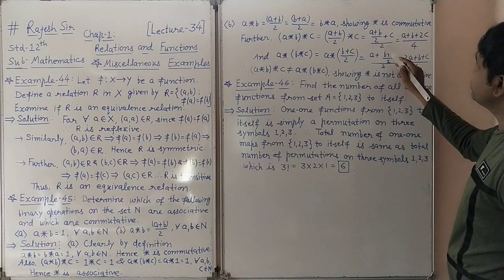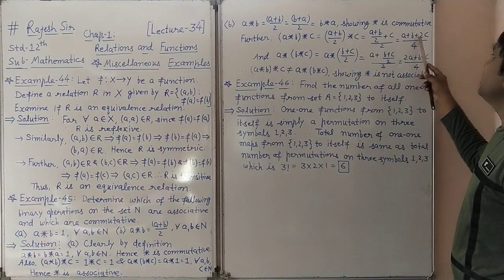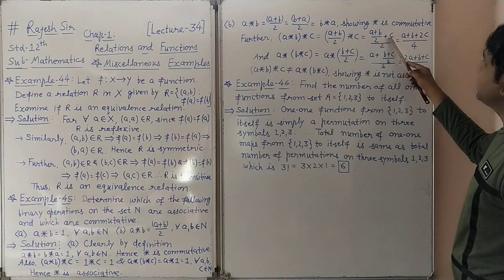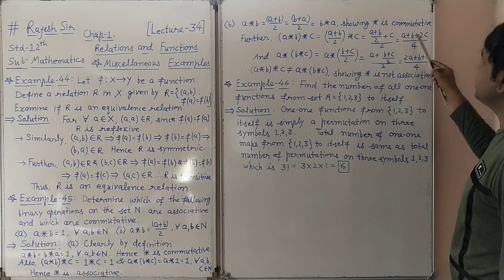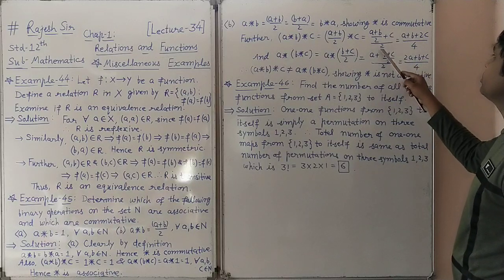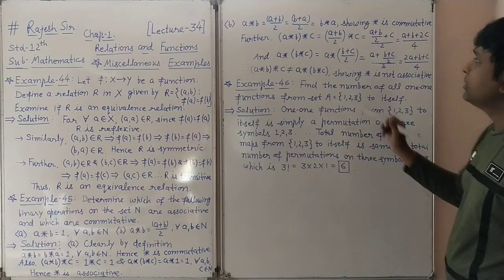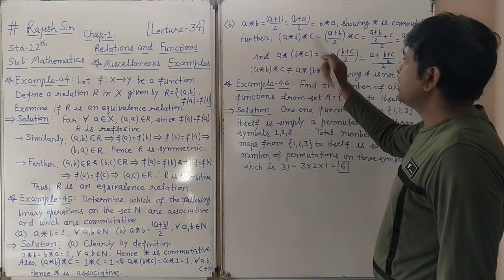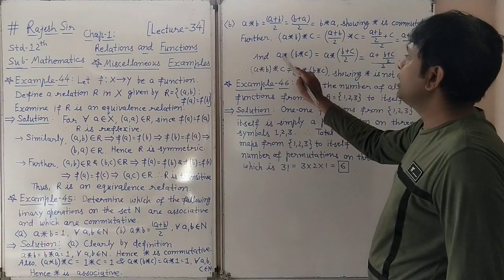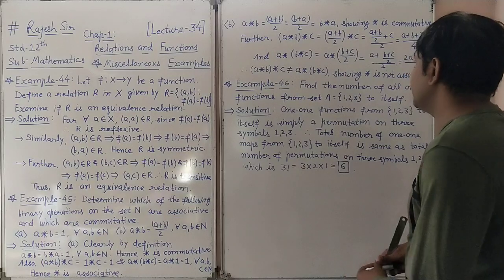This 2 and this 2 multiply, 2 twos are 4. And in addition, to A plus B, this 2 will be multiplied with C, so it will be 2C. A + B + 2C will be up, and down, 2 twos are 4. The LCM will be multiplied down. We have taken A binary B in bracket and outside binary C. Now we will take A binary outside and B binary C in bracket to check associativity.